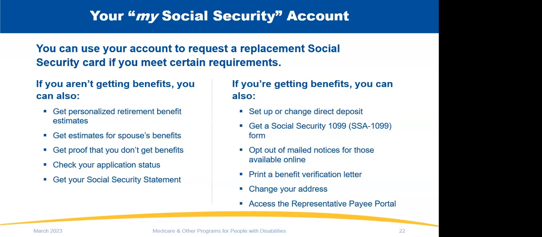We also have a new advance designation of representative payee, where individuals can tell us, either at the point of initial application or behind their My Social Security account, the names and phone numbers of 3 individuals who they would like to be their representative payee should they ever need one. So it keeps the benefit from having to be in suspense for months while we look for a representative payee for them. You may never need that option, but it's good to have it than not.